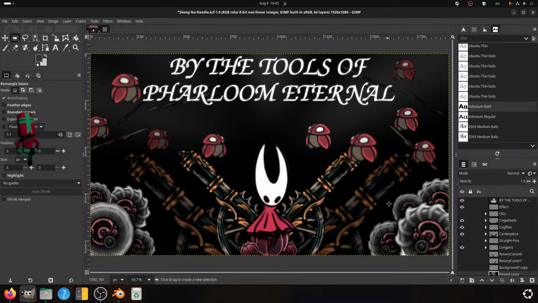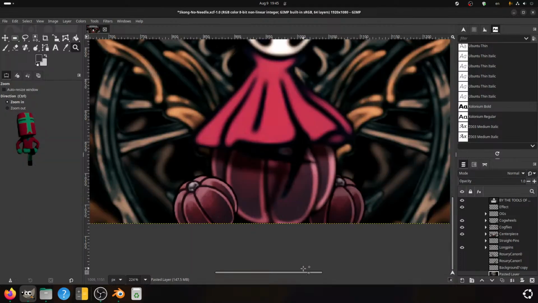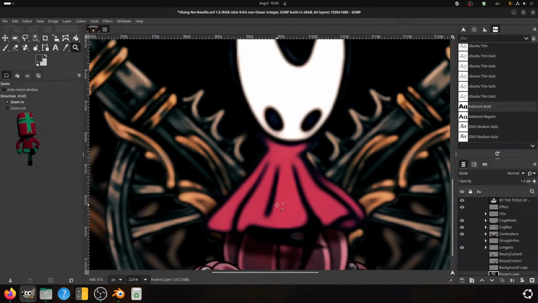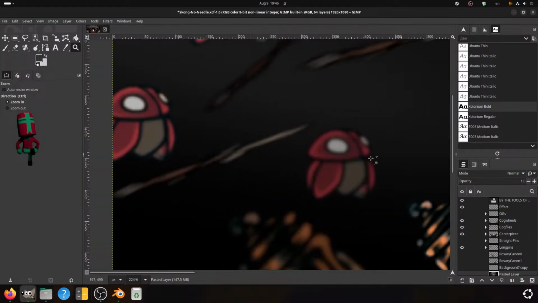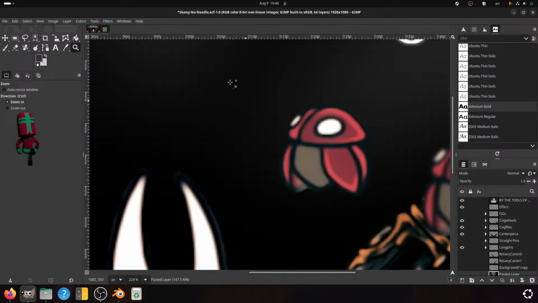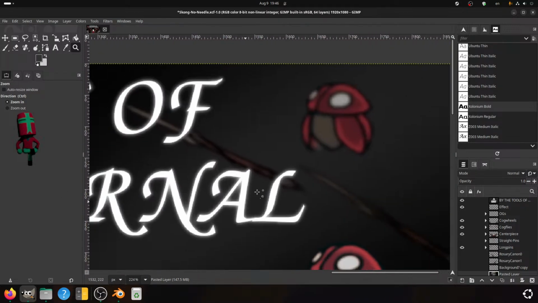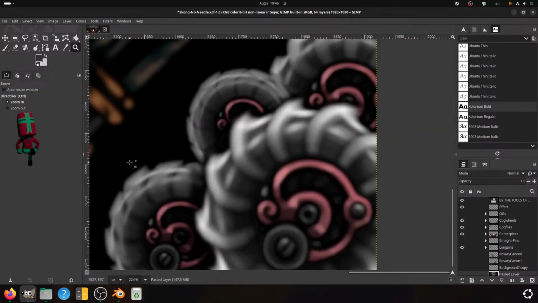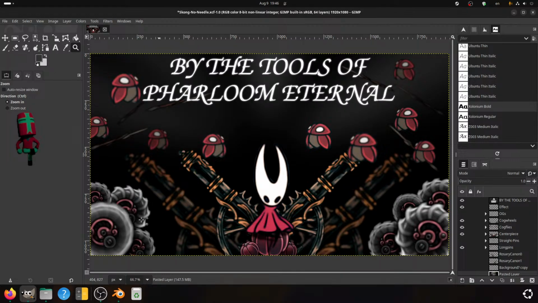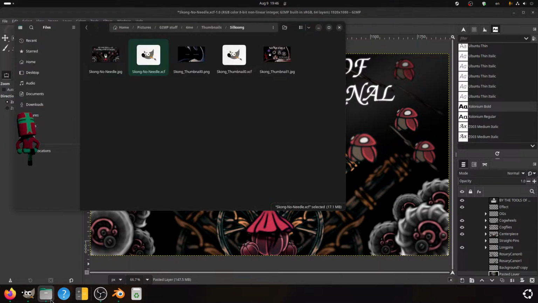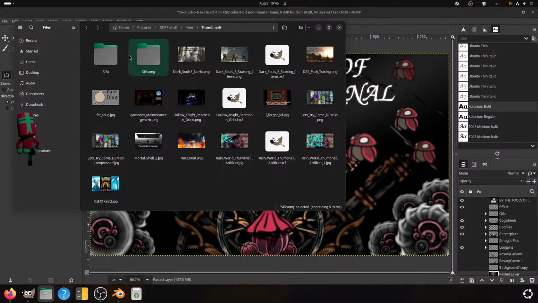There is, thankfully, I had to cut out the wheels for the exterior to spin. There are a lot of shadows that I had to do. You can see here, Hornet is actually casting a shadow on this huge spin pillow. The bugs on the back are darker to signal that they are further away. There is motion blur on the bikes, on the pins. And all of that was for nothing because the run ended up dying. But this is one of my favorite thumbnails I have done ever. Probably my single favorite.